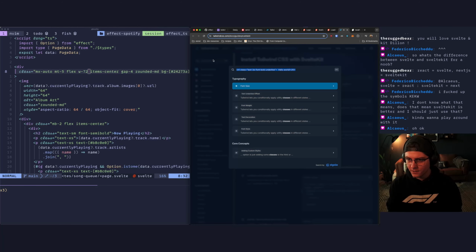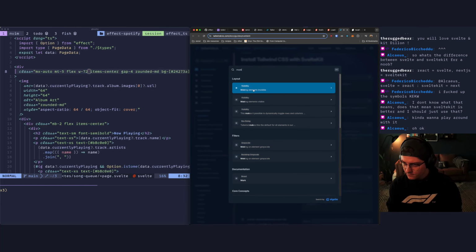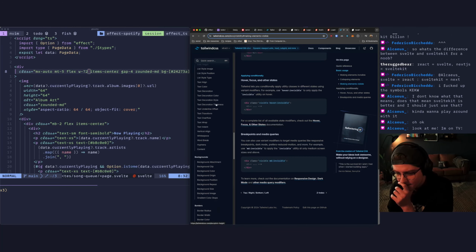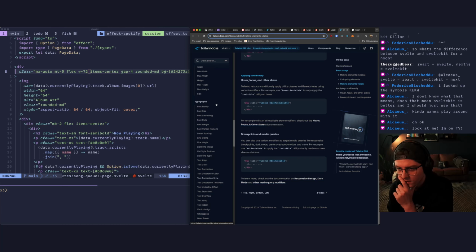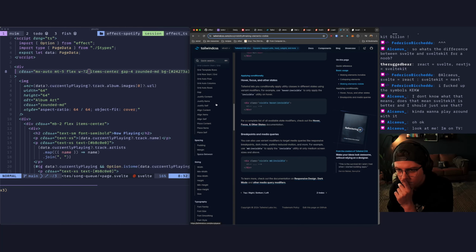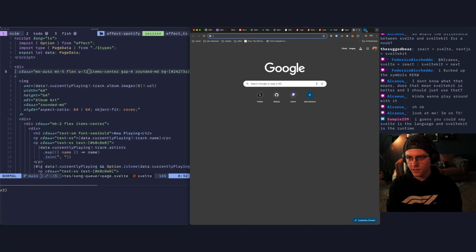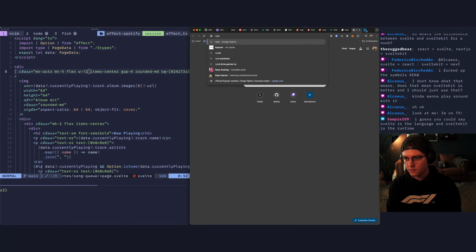I want to do a couple more things here. There's ways to do masks. I want to turn it into a circle. I want to do how Ryan does it, where it's like a spinning disc. Let's go look at his. Ryan Winchester.